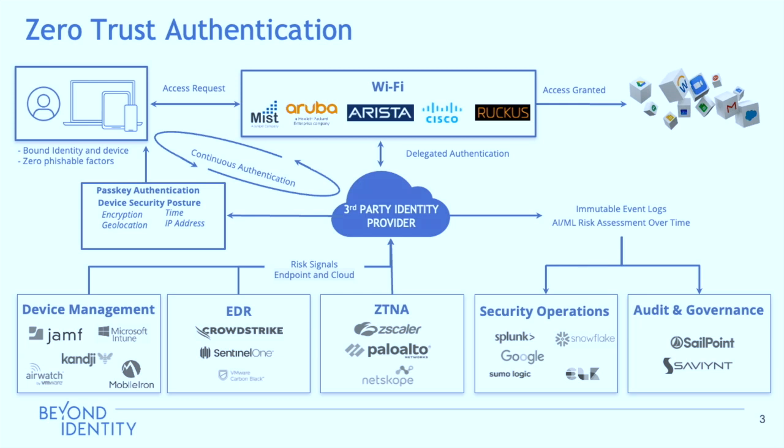Now comes the main part. Is this device and user tied together? Are they allowed to access my network? And that's where the delegated authentication model takes place. So you've done layer 2 based authentication. You've assigned your VLANs. Now you go to layer 3 based authentication, which most of you are aware of today with the captive portal model.